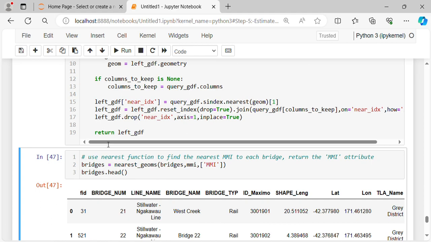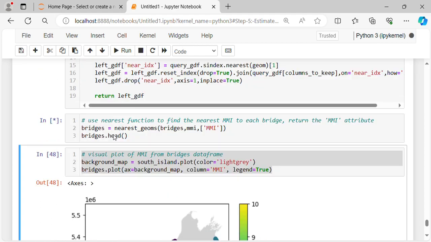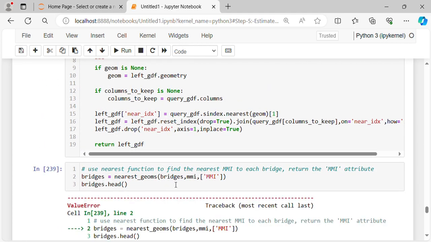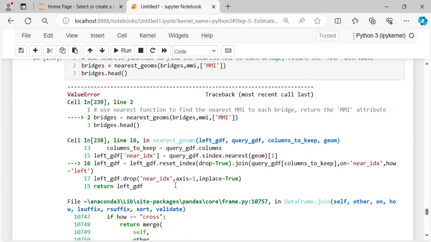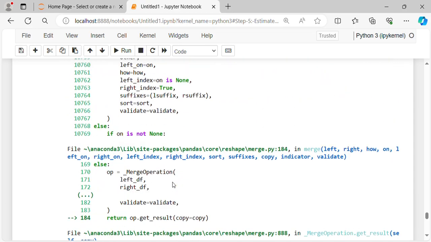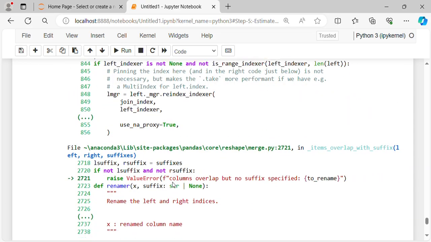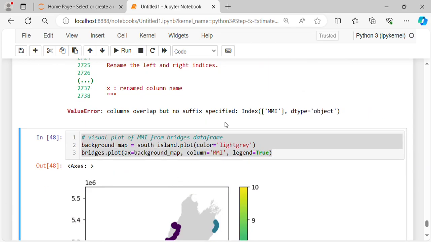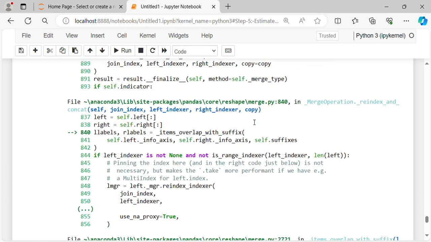So bridges dot head gives us values here. Columns overlap but no suffix specified, index MMI. Okay, don't worry about that,